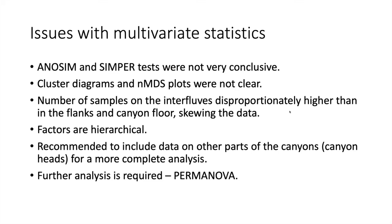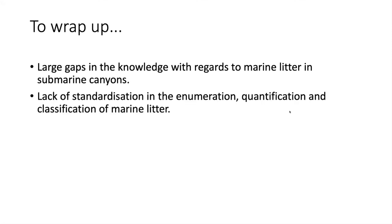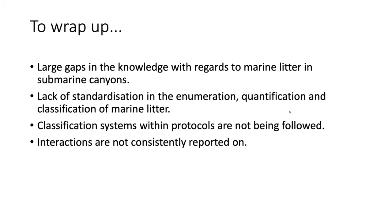And like I said, I think further analysis is required, probably using PERMANOVA. I think this will be done at a later date. So to wrap up, we saw from the literature review that there were large gaps in knowledge with regards to marine litter and submarine canyons. There's a lack of standardization in the enumeration, quantification, and especially in the classification of marine litter. Also, we saw that the classification systems within the protocols are not being followed, and the interactions are not consistently